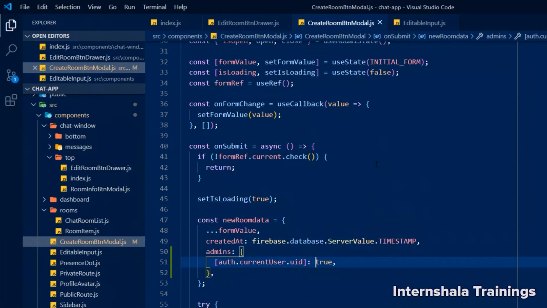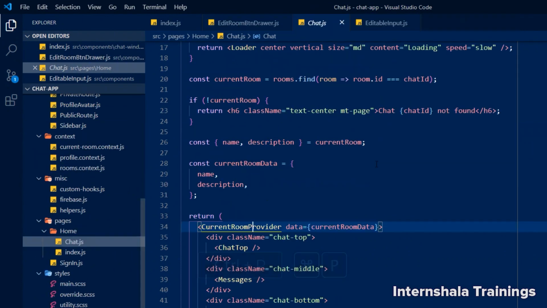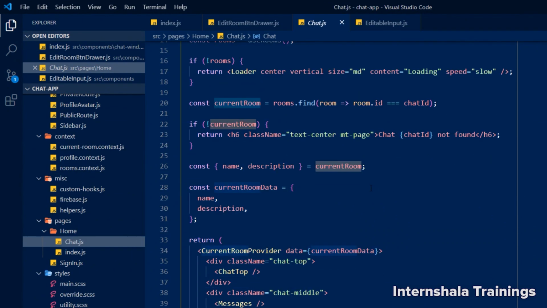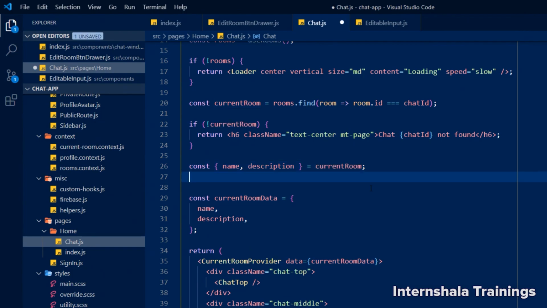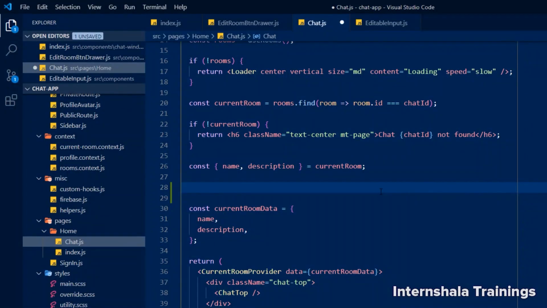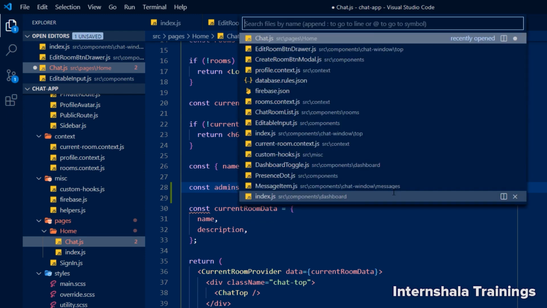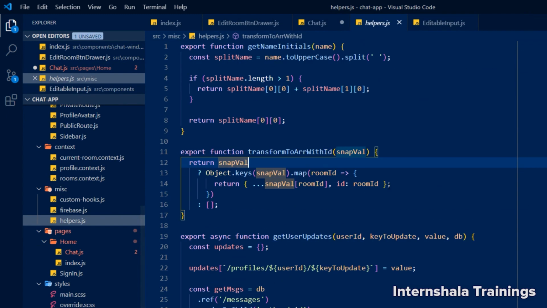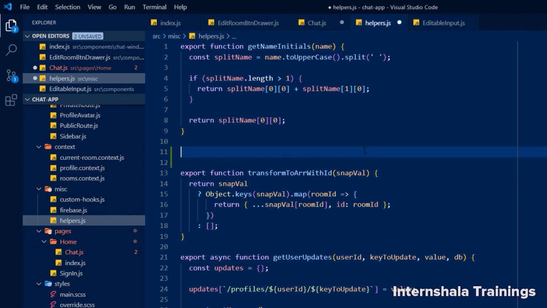So let's navigate to chat.js, and here for the current room, we're going to do the next thing. Because it is an object and we need to work with arrays, ideally when we work inside our code, we need to transform this object to an array. So let's create a new variable, admins, and inside helpers, we will define a new function that will transform our object to just an array. We will name it in exactly the same way as we did with this function, but we're going to say